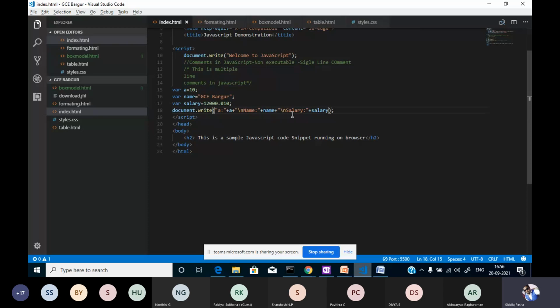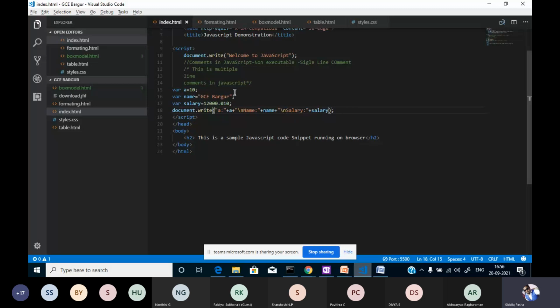Loosely typed means we need not specify the type of a particular variable. For example, in C programming or Java programming, we need to specify the data type of the variable: integer, float, string, double, character, or byte.